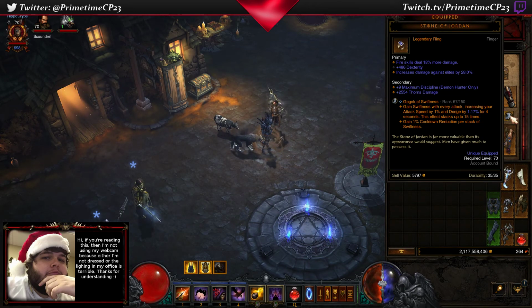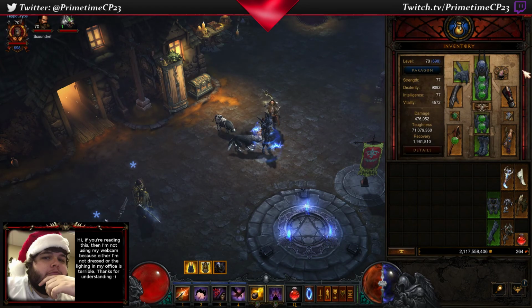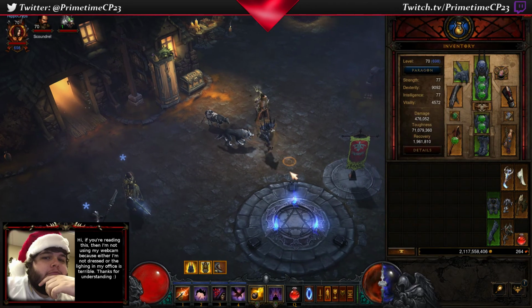This Gogok of Swiftness, because all we really care about is the cooldown reduction. I mean, the attack speed and the dodge is nice, but we really care about the cooldown reduction. You can really do this with just a rank 25 Gogok. In the cube,